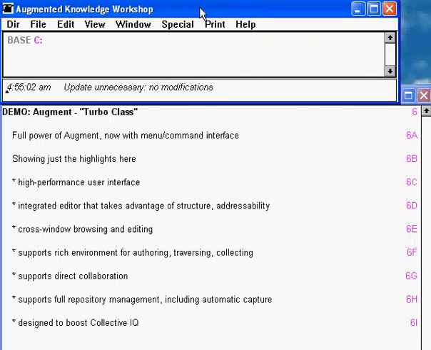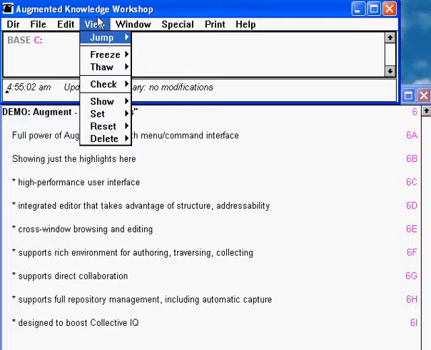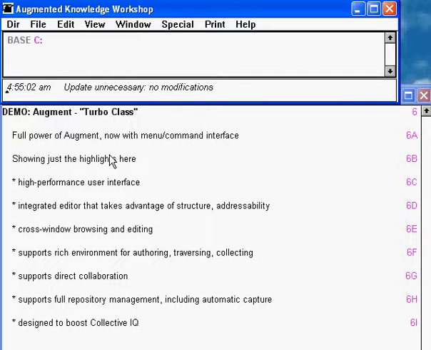We can peel back the layers. A multitude of windows. What we have here is the Augment command window, and this provides the full power of Augment with a menu command interface. And this is not going to be a comprehensive demo of Turbo mode. It's just the highlights to give you a taste of what you get when you graduate from the Browser Class 2 level. So let's switch over to that authorship paper, and I'll introduce you to some of the fine points